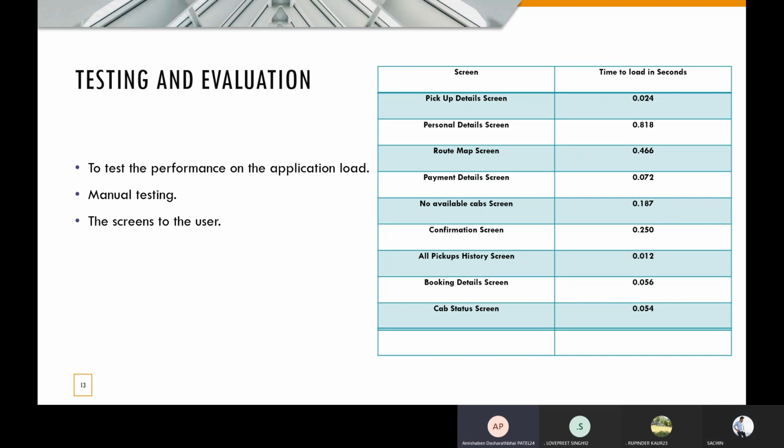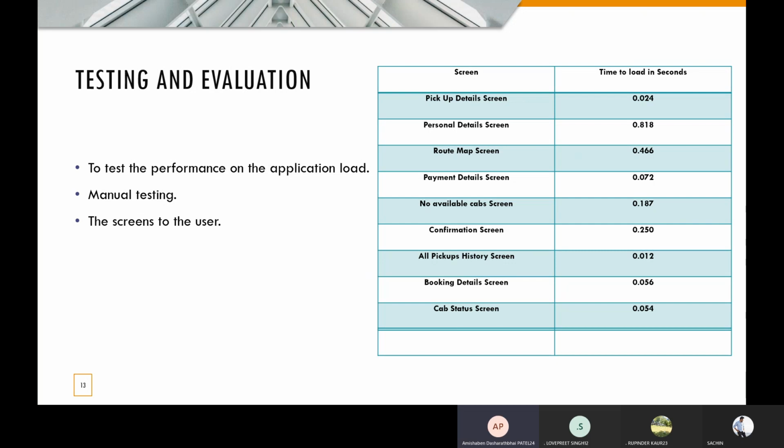Now, I am going to discuss the testing and evaluation of the application, My Ride Booking application. We have done this application testing according to test plans, like plans and strategy, schedule and strategy, risk and assumption, entry and exit criteria, like that. To test the performance of the application, the time to make the transition from one activity to another activity was checked manually. As you can see on the screen, we have done pickup and detail screens and so on, and the mean time between click off and click on the button, the time to load the screen to the user. As you can see, we have also checked each and every screen time from start to stop.